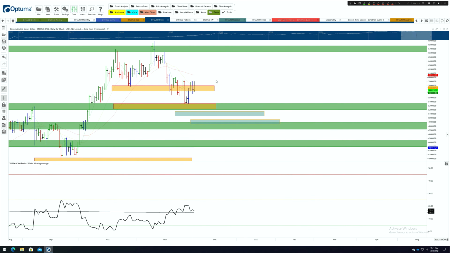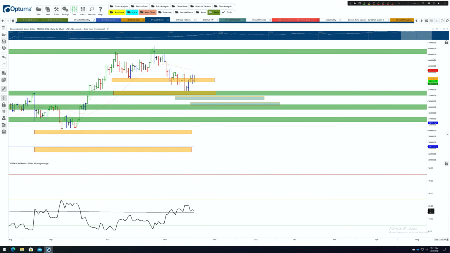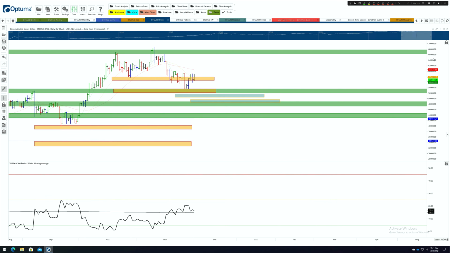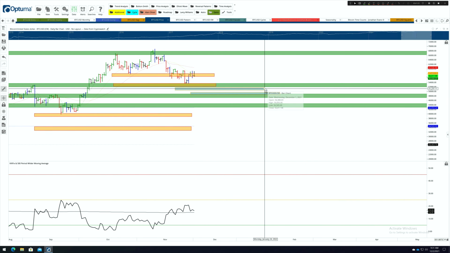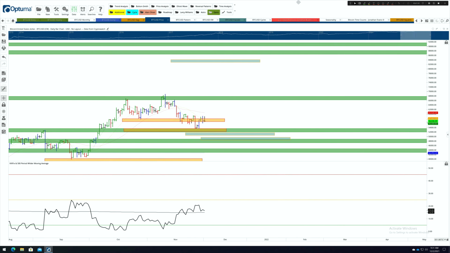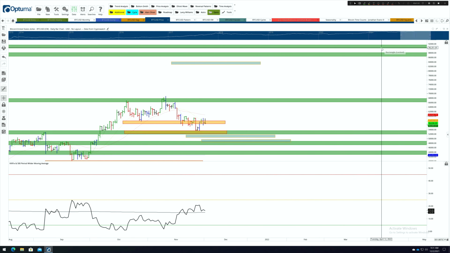If, however, Bitcoin does find a low, I wanted to now take a look at where it might find some tops. Now there are 2 tops that I've been watching for a while now, and then there is one that I've just put in, which is now the same color as these two lows. I try to keep them the same color so we can watch them. So the first top, there's definitely a price cluster around the 90,000 to 91,000 mark. There's a price cluster around the 86 to 88,000 mark.